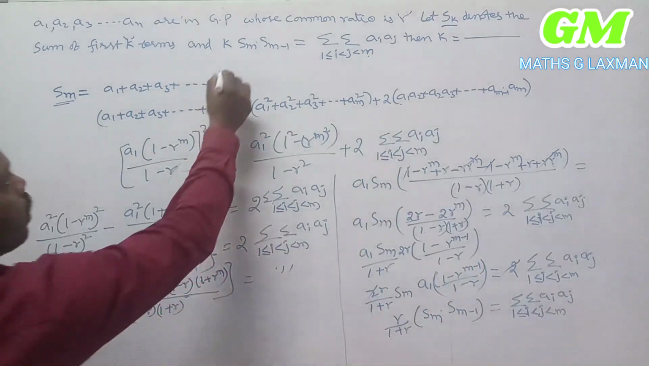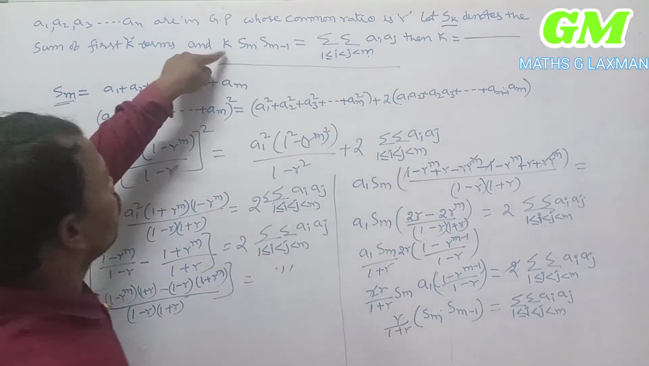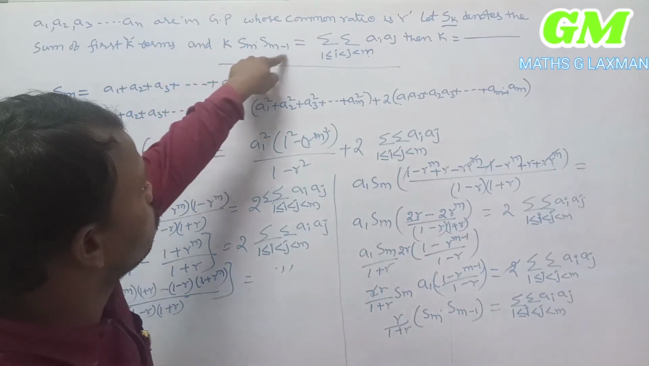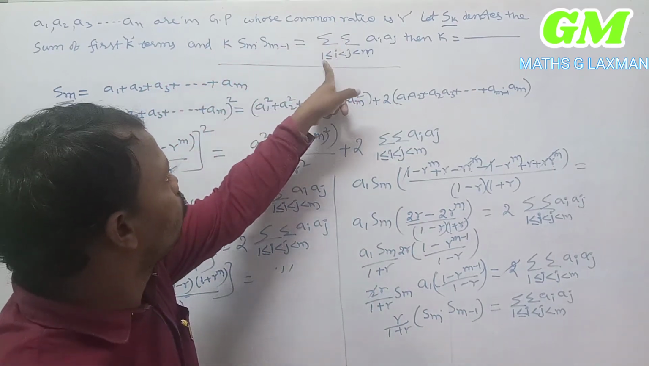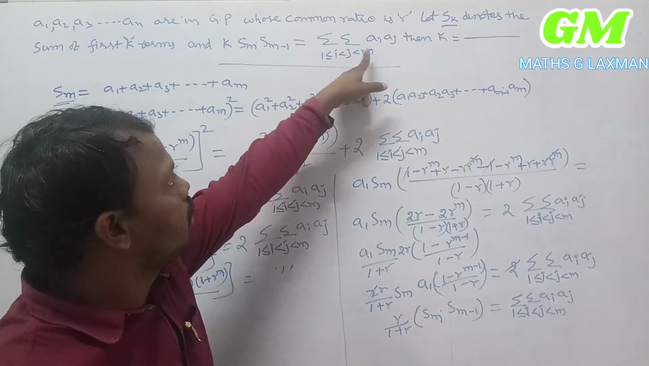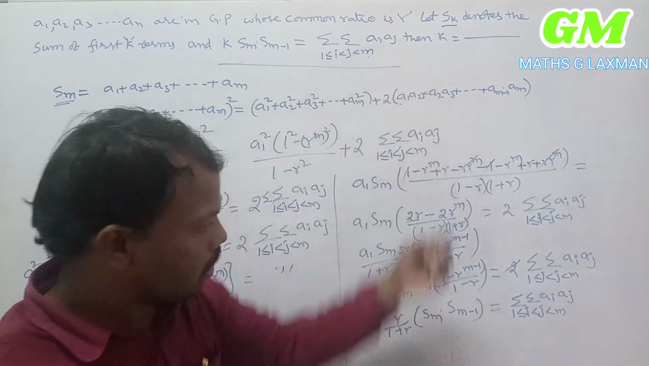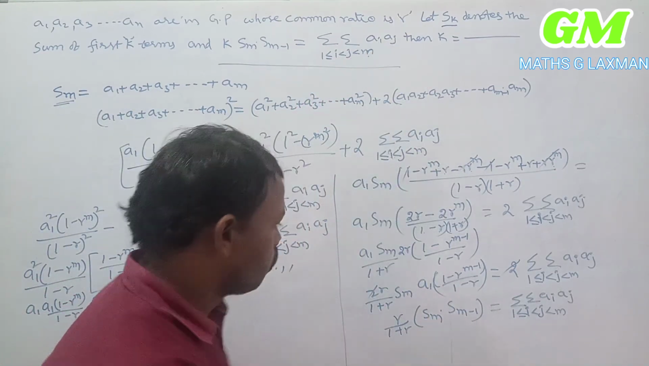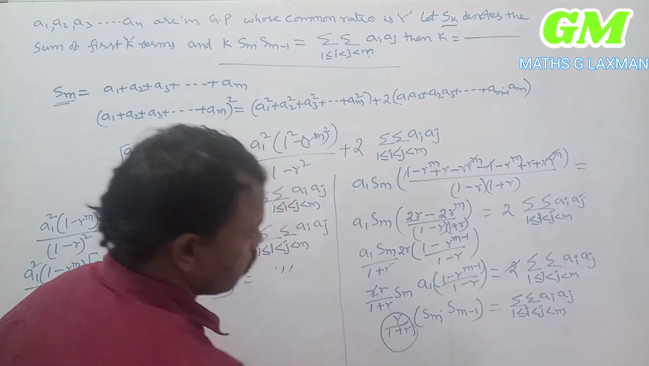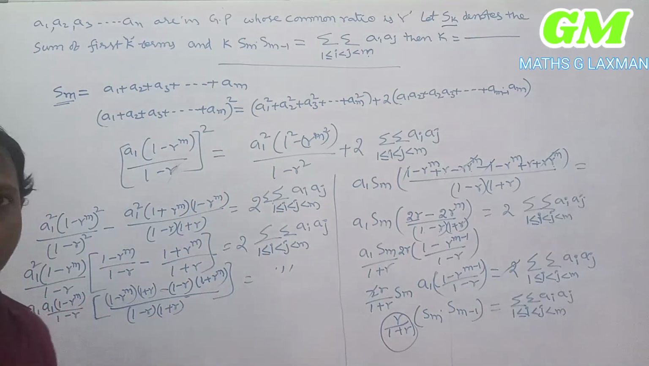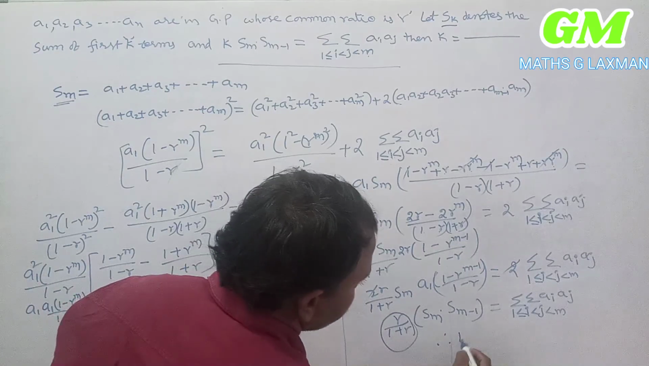So just compare this one. K into (S_m minus 1) is equal to the summation of 1 ≤ i < j < m, a_i a_j. So we'll get the same answer. In place of K, what did you get? r by (1 plus r). So therefore K is equal to